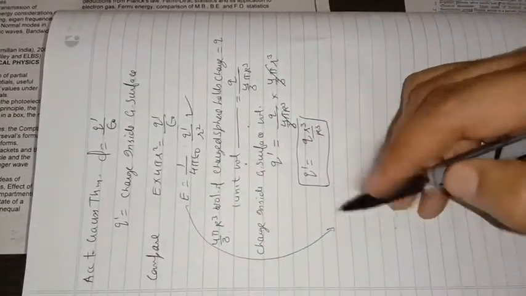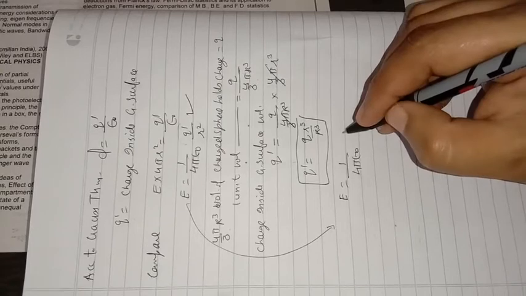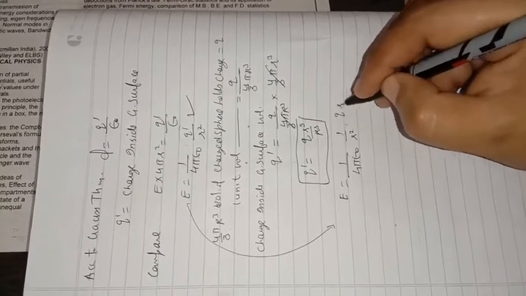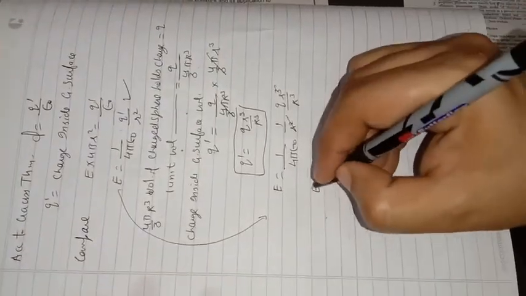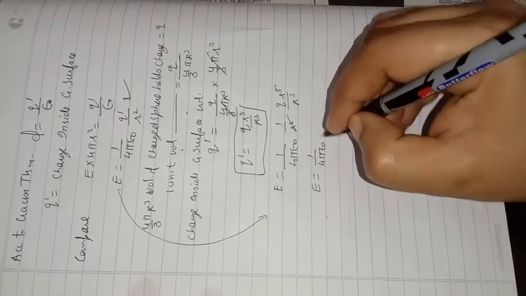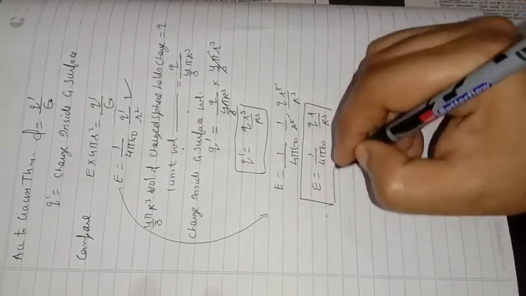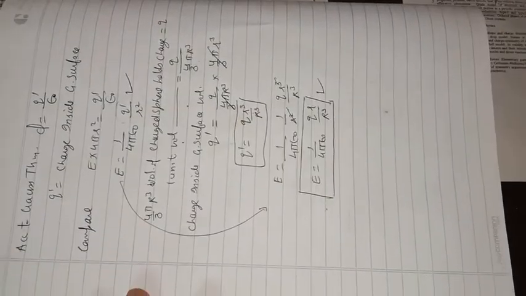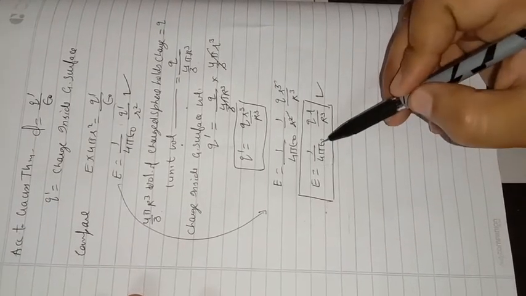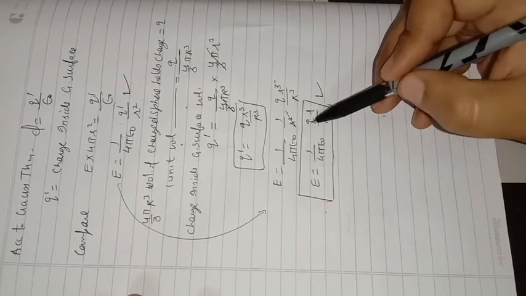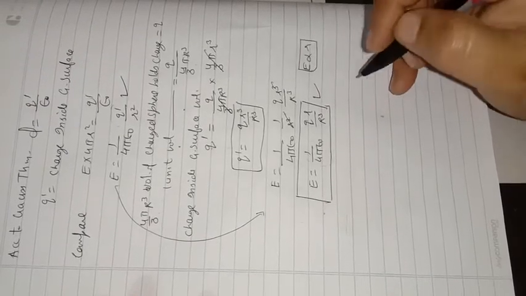Substitute into this equation, the value of E becomes equal to 1 over 4 pi epsilon naught, 1 over r square into q r cube over r cube. Square and cube get cancelled. E is equal to 1 over 4 pi epsilon naught q r over r cube. This is the equation for the field at any point in the interior of the shell. You can see that 1 over 4 pi epsilon naught is constant, radius of the sphere is constant, charge inside the sphere is constant. This indicates that field is proportional to r, the radius of the Gaussian surface.